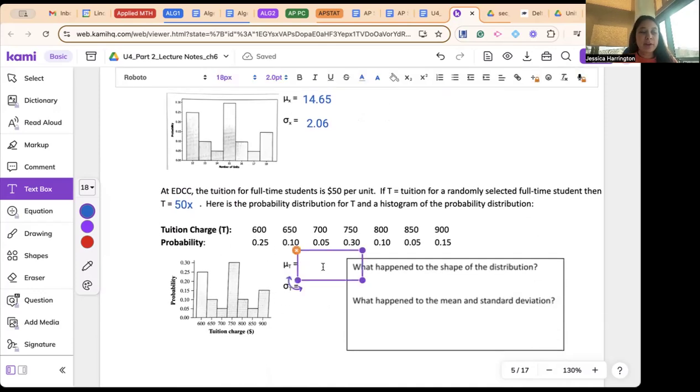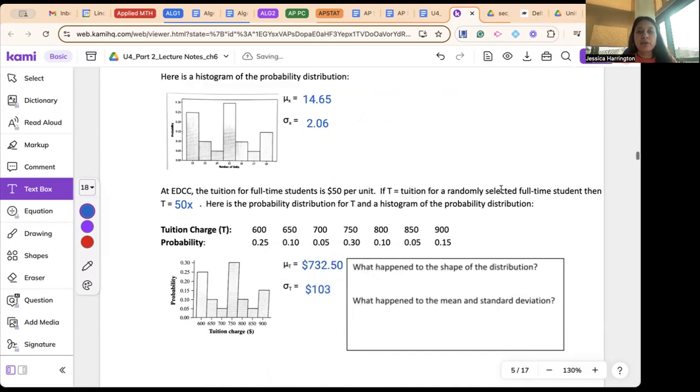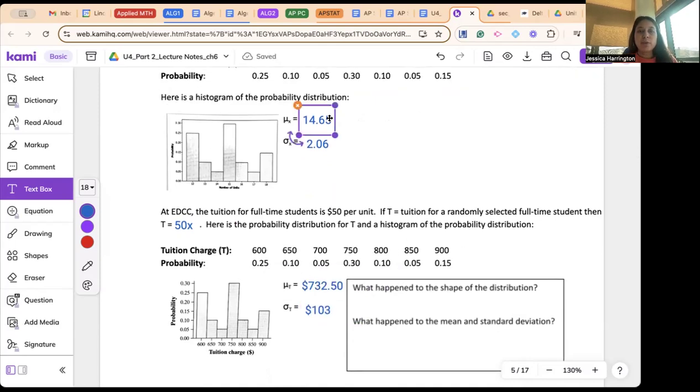Again, you could type those in your calculator to find mu and sigma, but I'm going to tell you it ends up being 732.50 for the mu, and sigma ends up being $103. So let's look at how that changed from before. If you look at the 14.65 times 50,